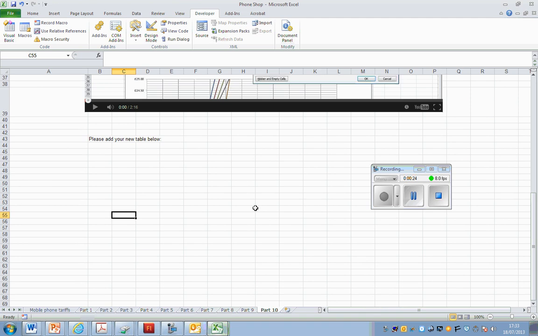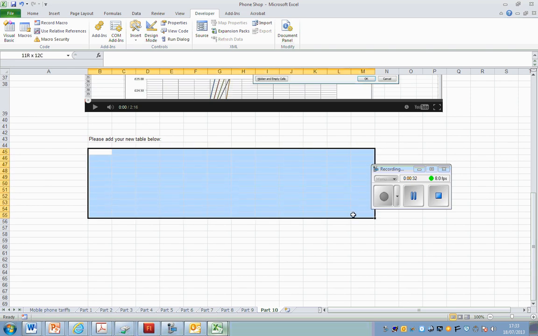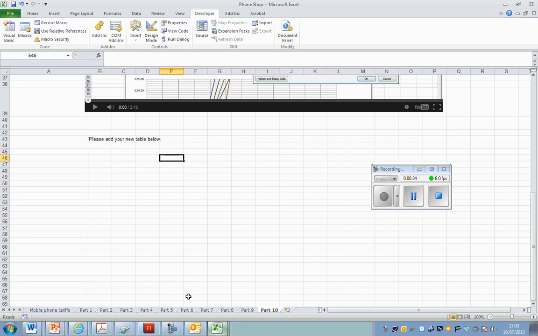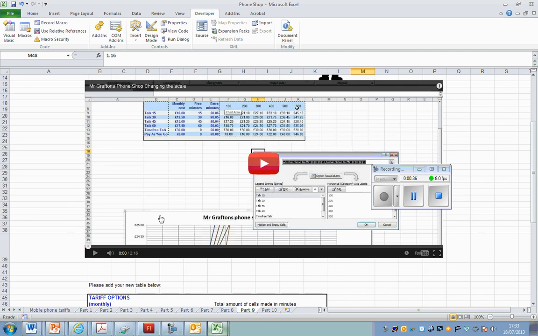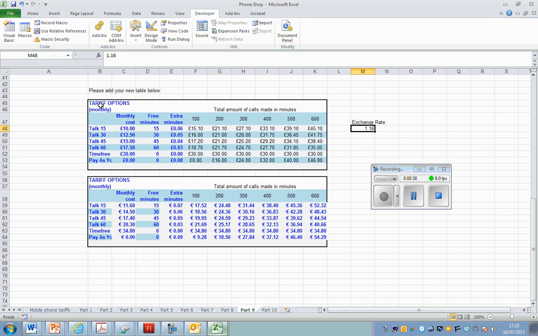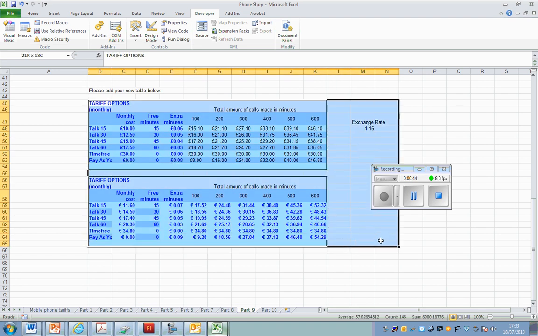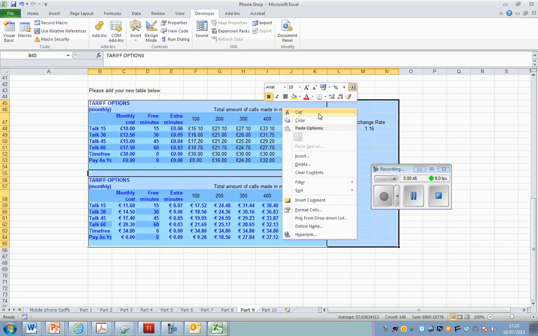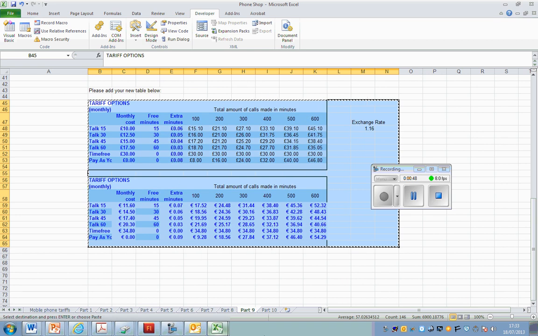If he does forget, then his prices are wrong for all of Europe and he could be losing a lot of money. So I'm going to show you now how to add these tables in, but instead of typing in 1.16, we're going to use the live current exchange rate. So I've gone back to part 9 and I'm going to copy these tables and the exchange rate. So copy,